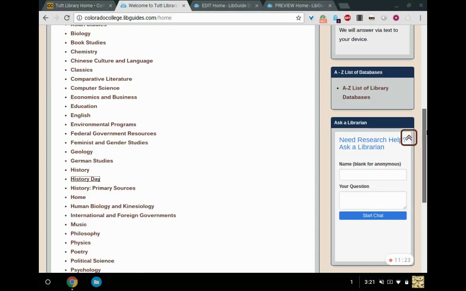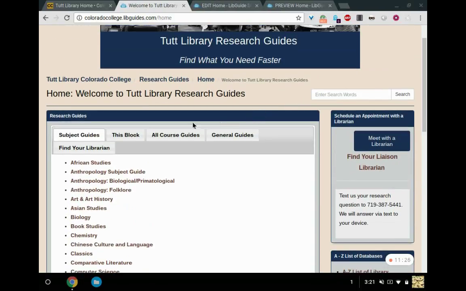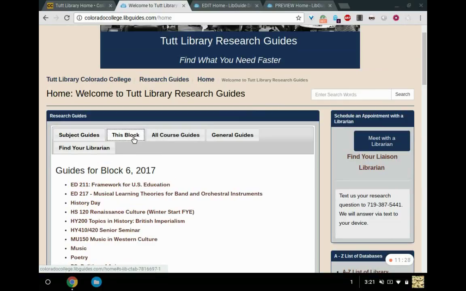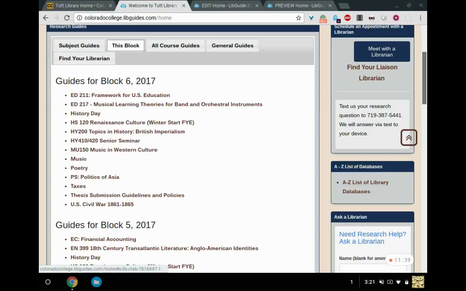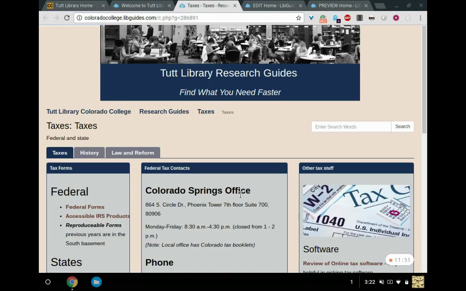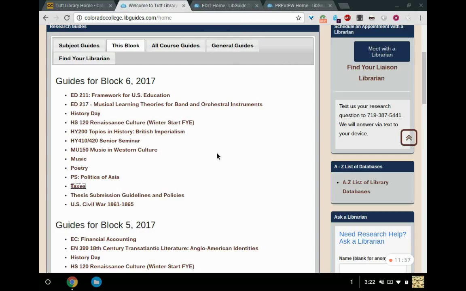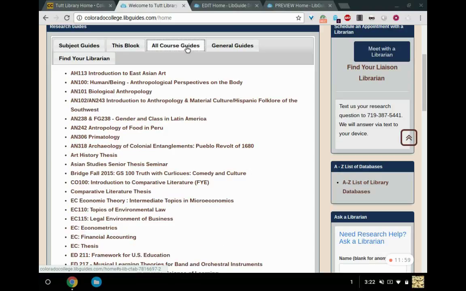So subject guides are different. Students can, and I think this shows on the home page, when students are looking just for the research guides that are published for this block that teachers have said they can access. You'll notice that, for example, taxes is listed on here because faculty and staff may want to get information about their taxes. So all of the stuff that's relevant to this block is in here. And then the all course guides